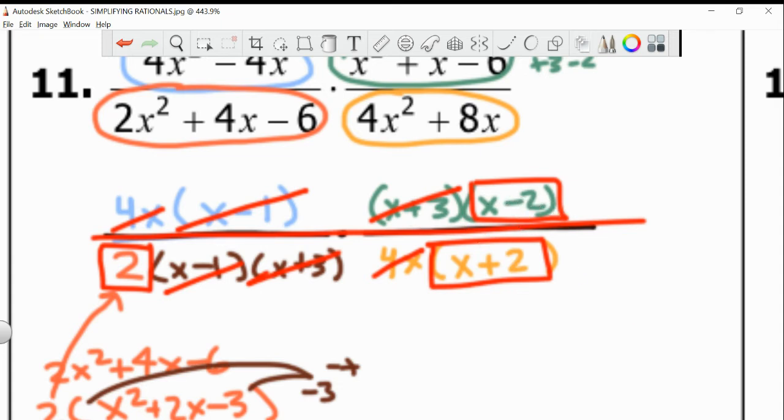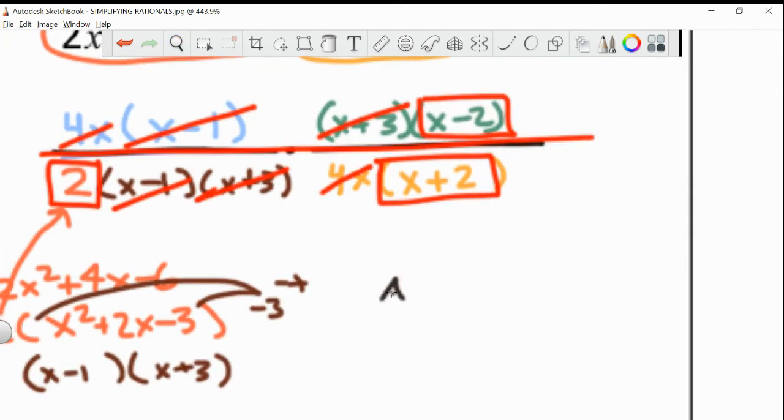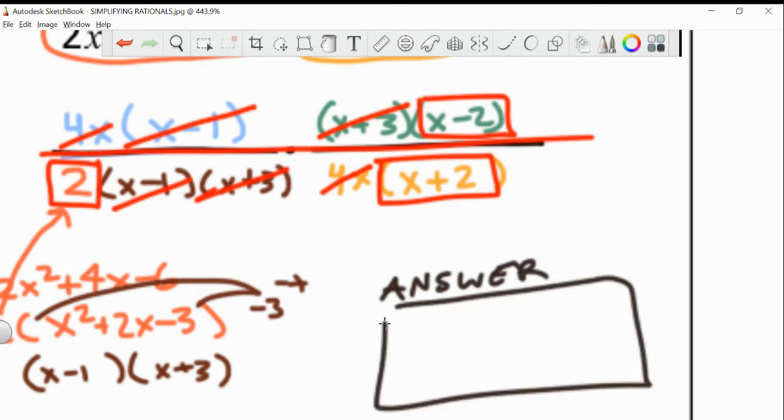So we're done. We need to write our answer, and we need to make sure that we write it carefully. What is everything left over on the top? What is everything left over on the bottom? 2 and an x plus 2. Now, you never need to keep going. You never need to